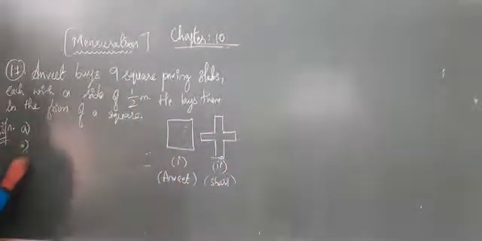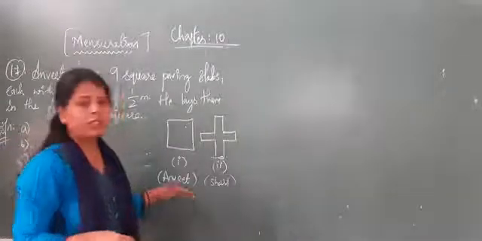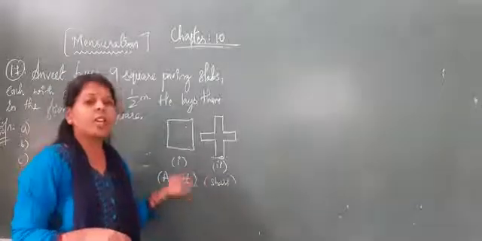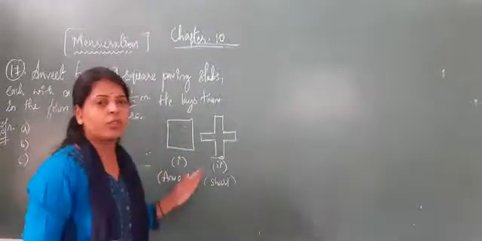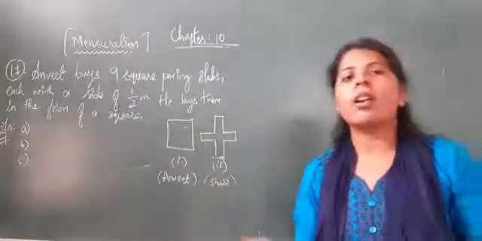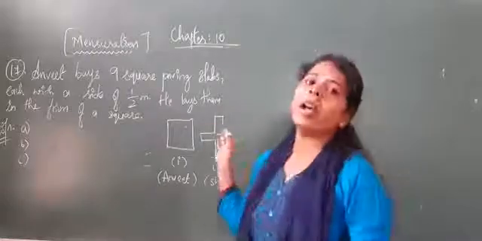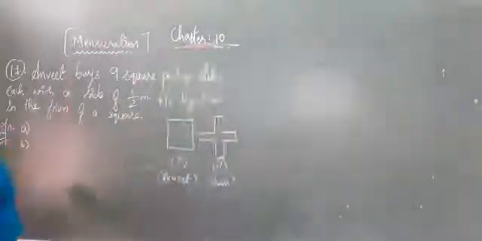Okay. And the third question is given that whether Anvit's perimeter or Shari's perimeter, means what they have arranged the slabs using the half meter, which arrangement will be equal, or it may be greater, or it may be lesser. You have to compare both the arrangements' perimeter here in the third question.